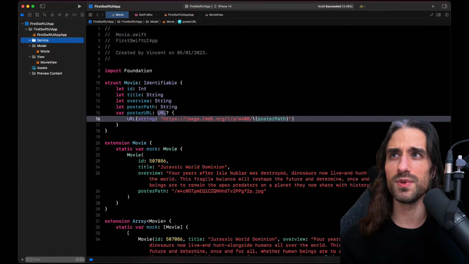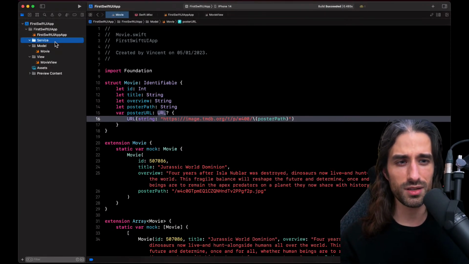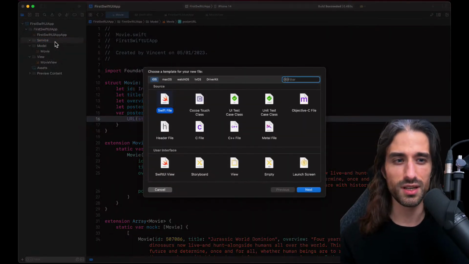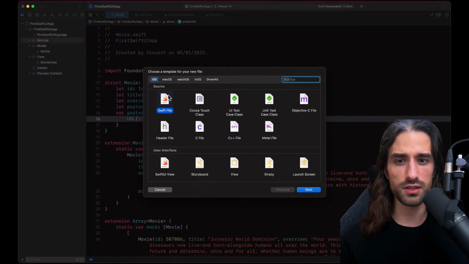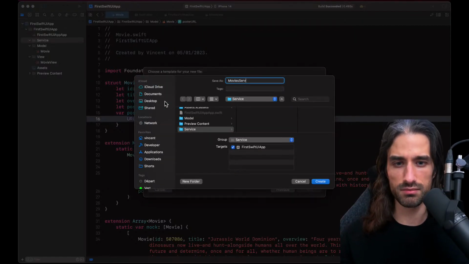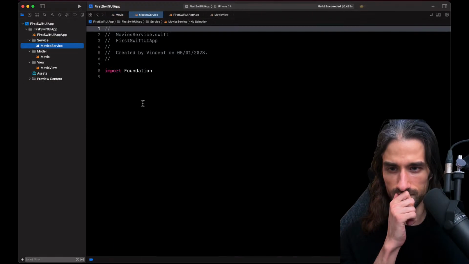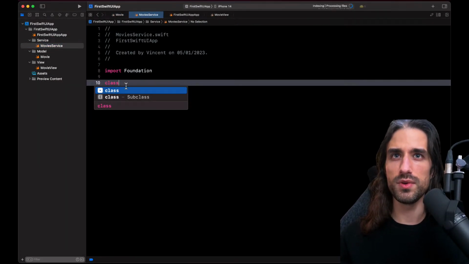And so now I'm going to implement the service, where I will make the network call, and you will see that the call will be surprisingly short, but that's because Swift has some great built-in tools to handle networking. So I'm creating a new Swift file. I'm going to call it MoviesService. And inside of it, I'm going to implement a class.